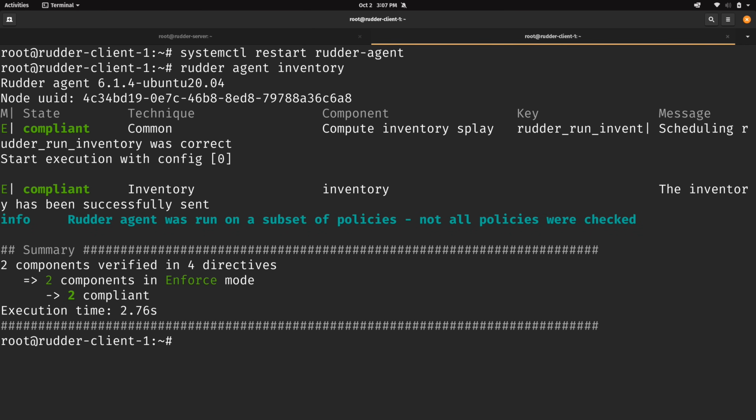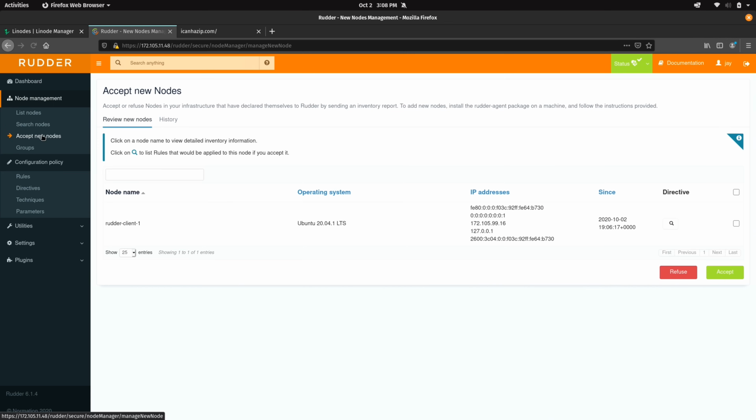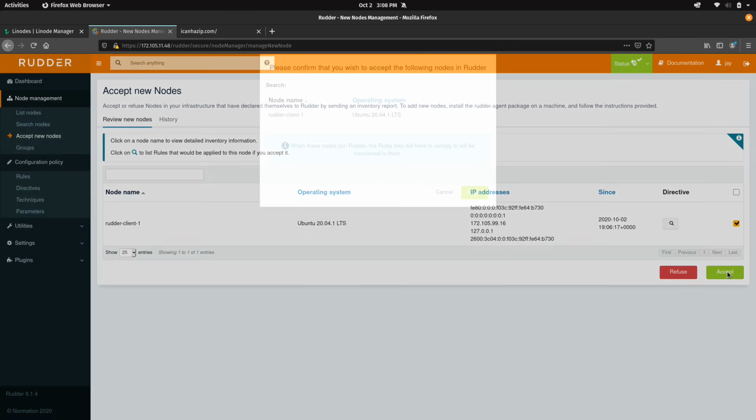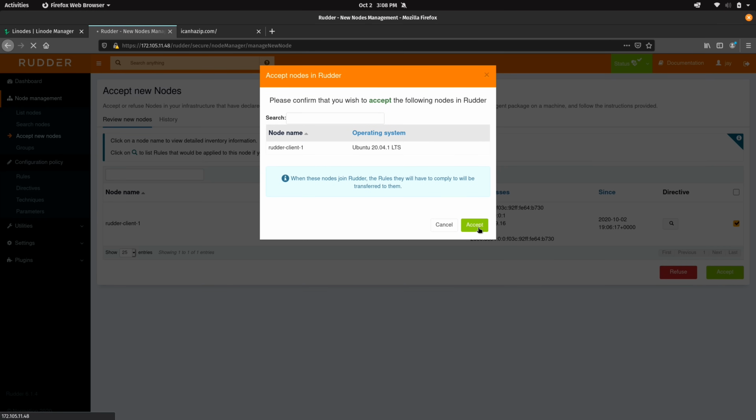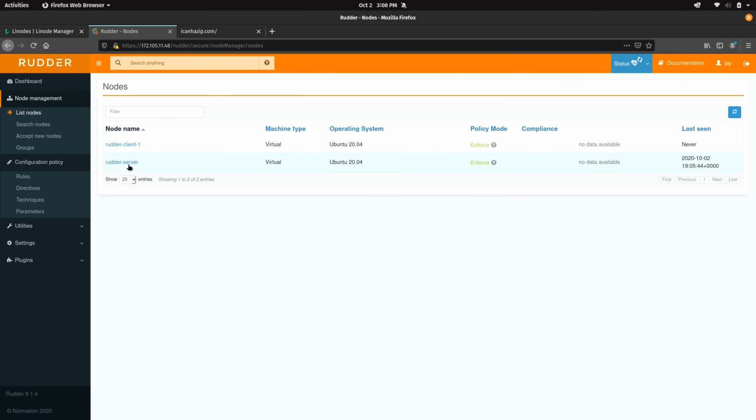So if I go back to the dashboard here, I should be able to go to Accept New Nodes. And right here we see the brand new server that I just set up. So I could check the box and go ahead and accept it. I'll confirm. Then now if I go to List Nodes, we see not only the server itself, but we also see the Rudder client as well. So if I click on it,